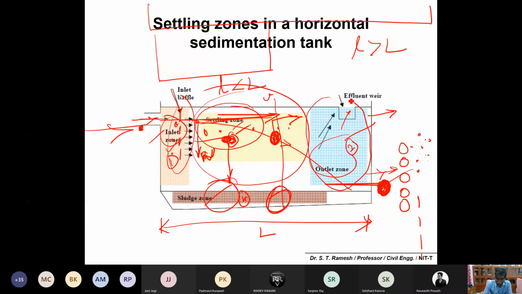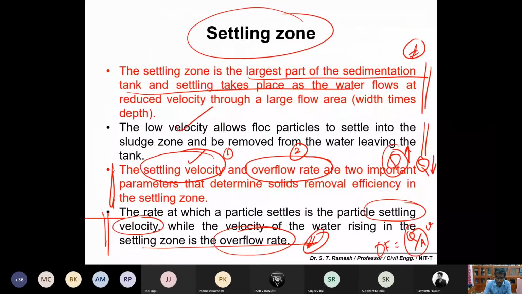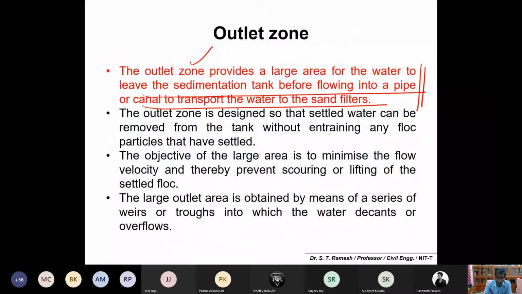Now we could be able to see the color is this blue color because these are treated water. Blue color, this is treated water. Whatever is coming in here has a lighter brown tint because these are flock particles. And here the settling may happen. Here it is dark brown color because of the sludge. Here this water is free from solids. Yes, this is your outlet zone.